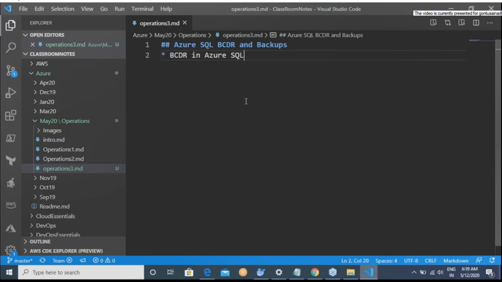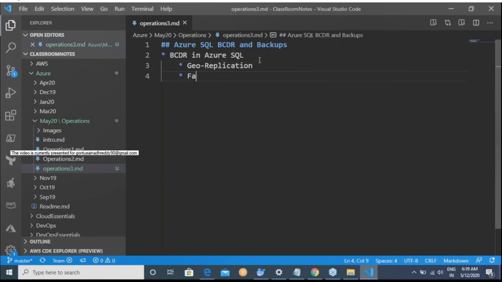What are the different things which you can possibly do? For this, you should already have an answer because you have tried to learn two things over here. This can be performed using the inbuilt feature which is called geo replication and then something called failover groups.